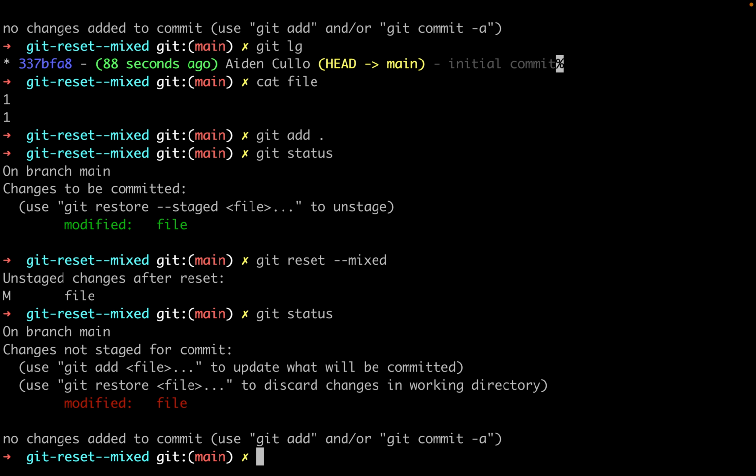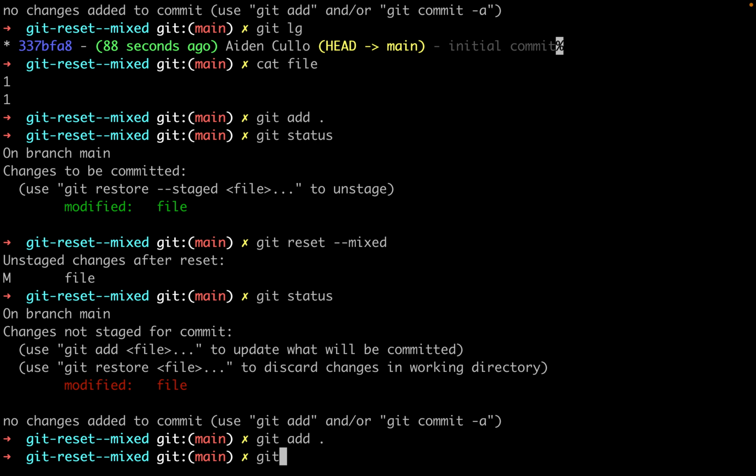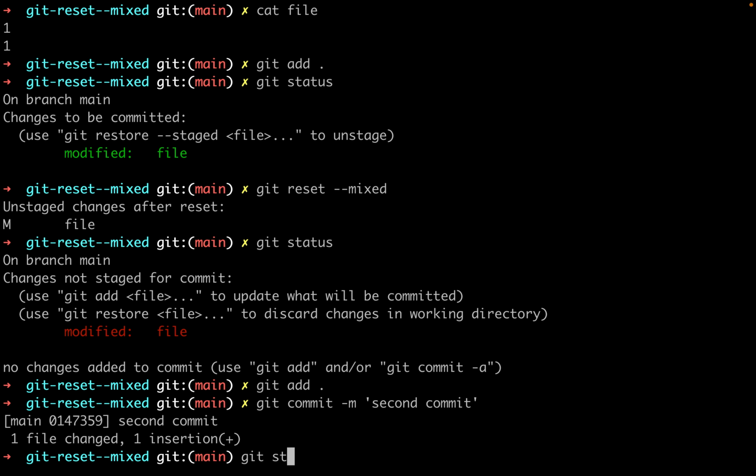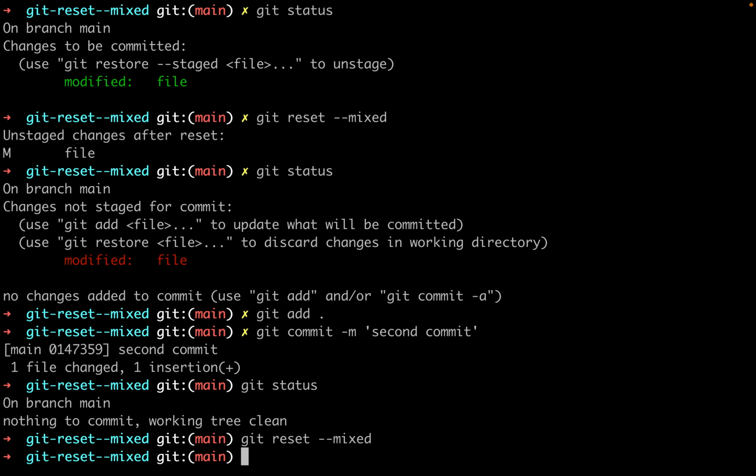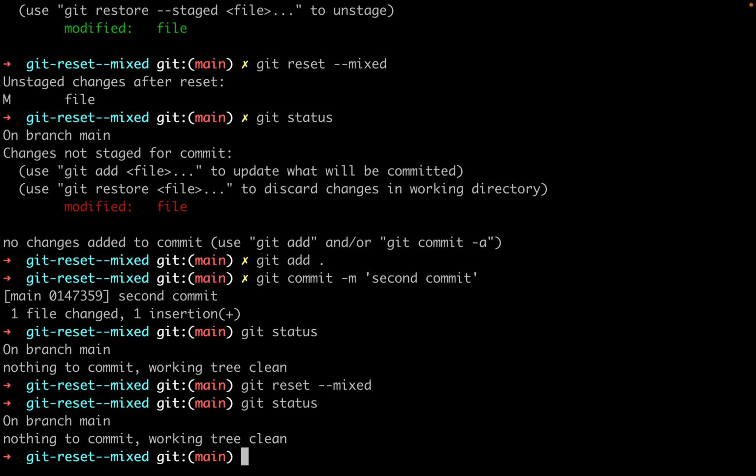So why don't we just add it and commit it, to clean our working directory. Second commit. Okay, so you can see we have a clean working directory, and now I just wanted to show you guys, if we run git reset mixed, there will be no change at all because there's no difference between the working directory and the HEAD commit currently. Okay, that's all for